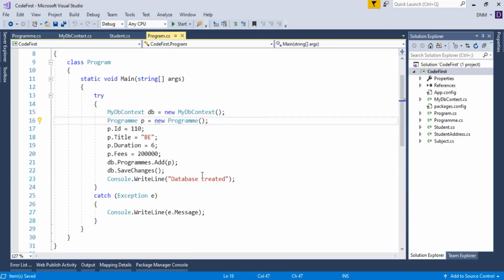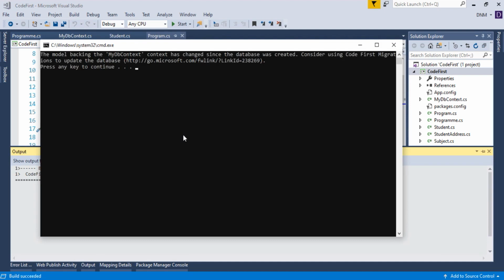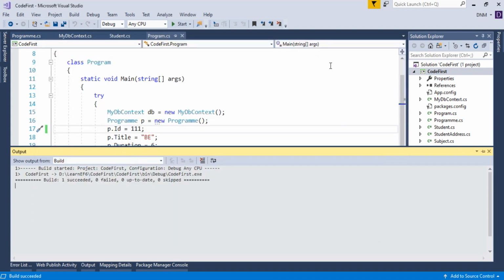Now our main program is already ready. As you can see here, I already created one record. Let us change the ID because this record is already present, and let us run this application and observe the output. Definitely all of you guessed that it will not allow me to change it. Why? Because my model is changed now. I have to migrate those changes. Here it also gives you a suggestion to consider using code first migration to update the database. So we are going to use code-based migration. The same scenario we already studied in automated migration also.